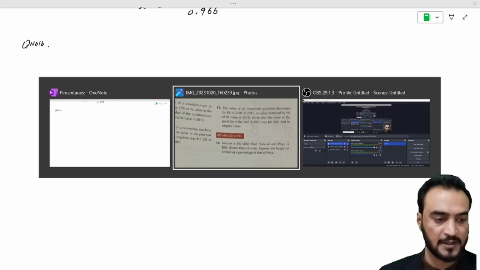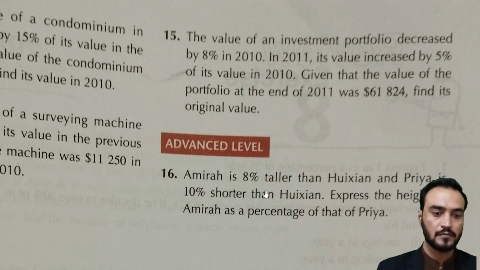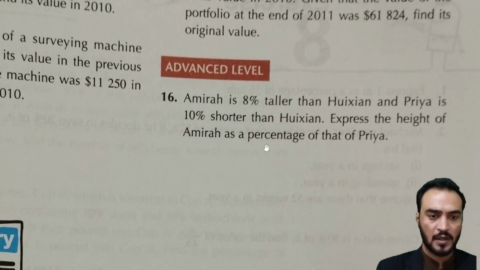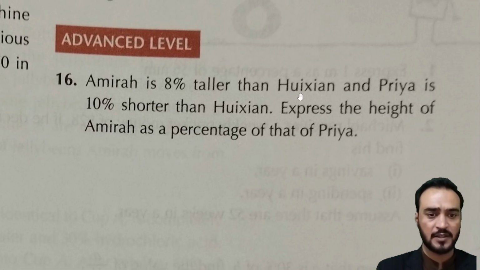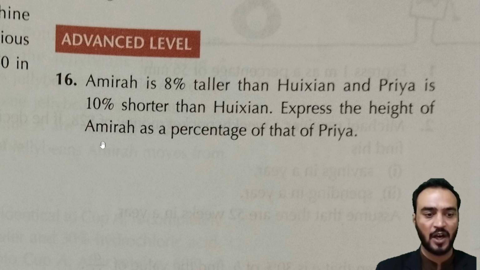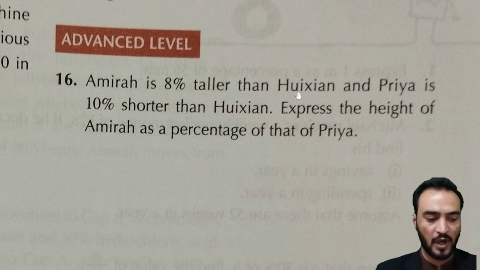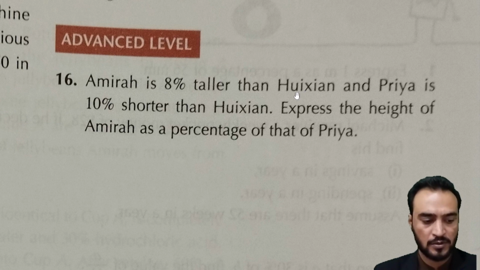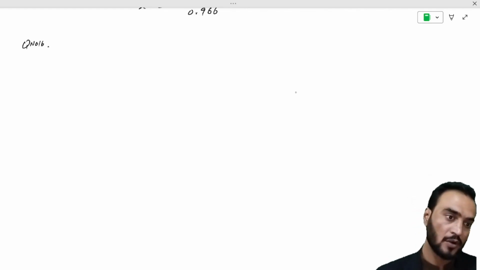And question number 16 is this. Amira is 8% taller than Hexane and Priya is 10% shorter than Hexane. Express the height of Amira as a percentage of Priya. Amira's height is compared with Hexane's, and Priya's height is also compared with Hexane's. So we let Hexane's height equal x. So let us solve this question. So the solution is,